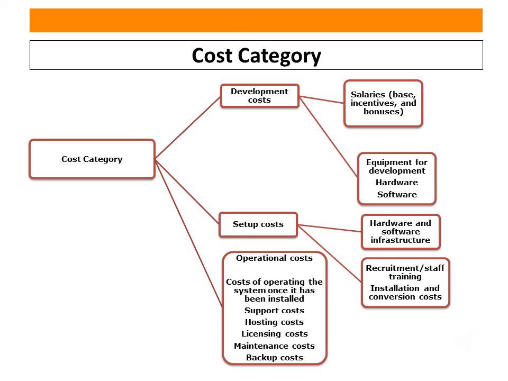This is the hierarchy. On the basis of the requirement of the user, we are developing a software, and after developing this software, we are calculating the cost. What is the basis for calculating the cost and benefit? We are calculating the cost and benefits on the basis of the hardware and the software. So there is an infrastructure of hardware and software. What type of facilities of hardware, what type of facilities of software were there?